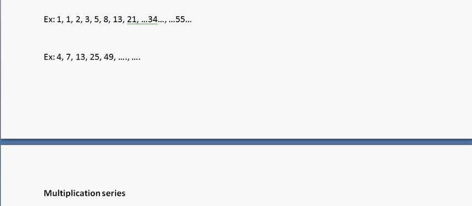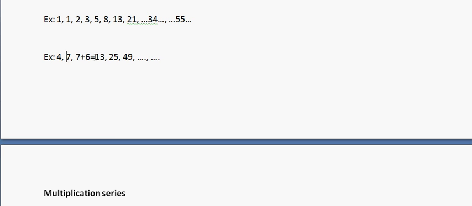So what is happening here is, firstly 3 is added, right? It becomes 7, which is 4 plus 3. Then it's 7 plus 6. So in the previous term we were adding 3, now we are adding 6. In this we are adding 12, right? In this we are adding 24. In this we should add 48, right? This was one of the logics.